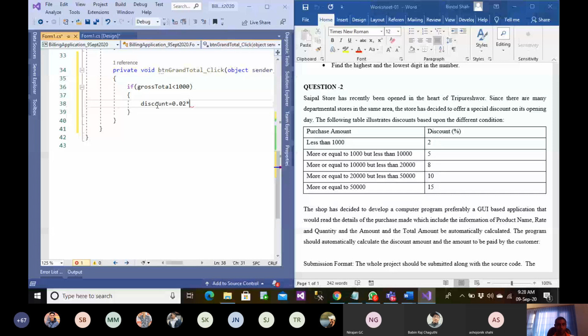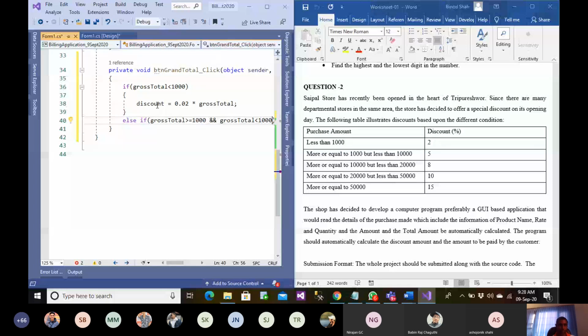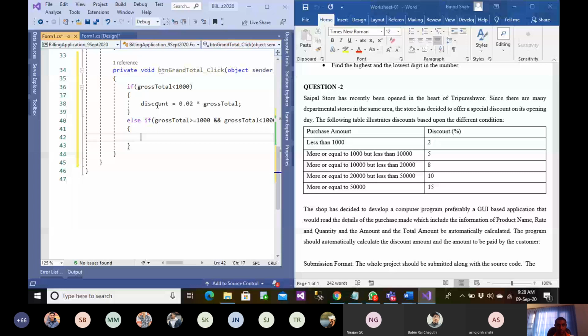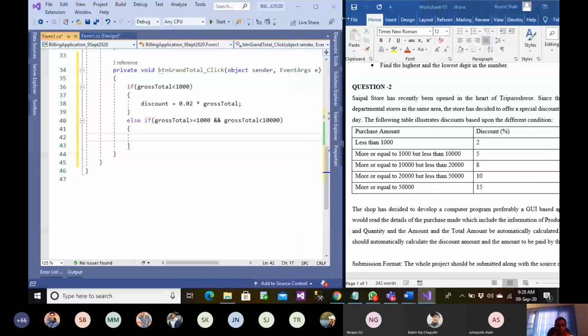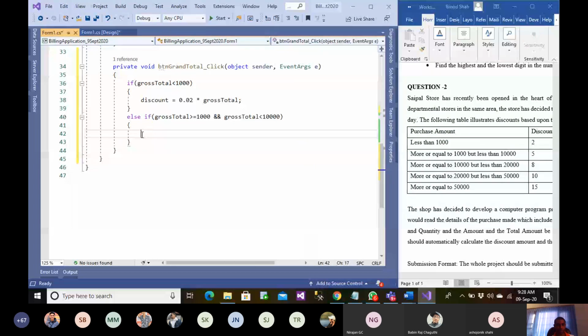Else if gross total is more or equal to 1000 and gross total is less than 10,000, then discount equals 0.05 into gross total.